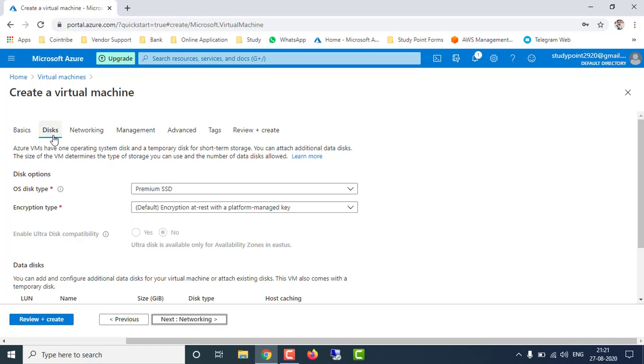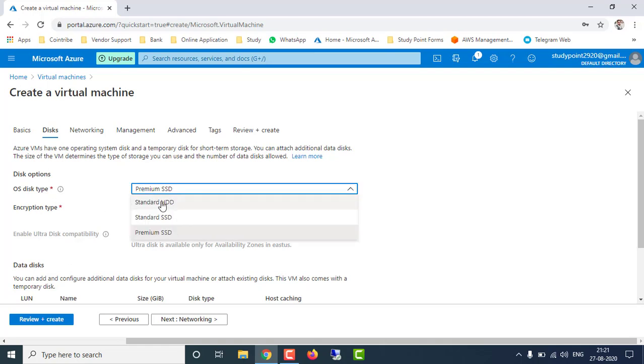And the next point is disk. Under disk you will get the option for OS disk type, which type of disk you want to use. It will give you three options: standard HDD, standard SSD, and premium SSD. Standard HDD is the normal hard disk which we use in our laptops and desktops.